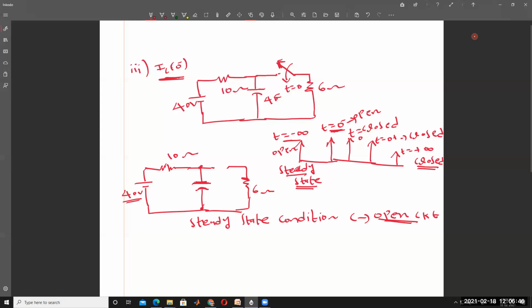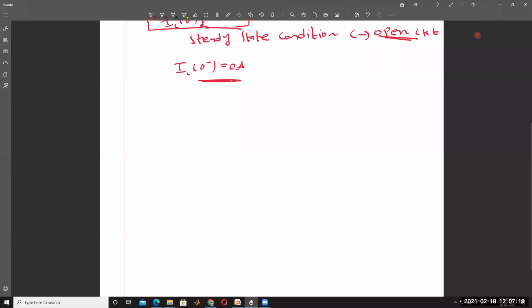Under open circuit condition, what is the current flowing through the capacitor? That is called Ic of 0 minus, which is equal to 0 amps. It's clear. That is the third one. Then the fourth one,